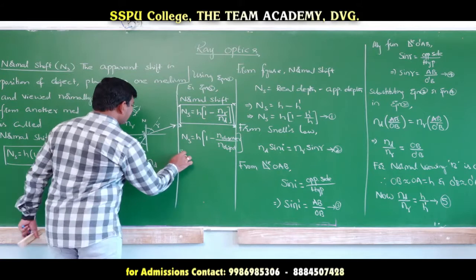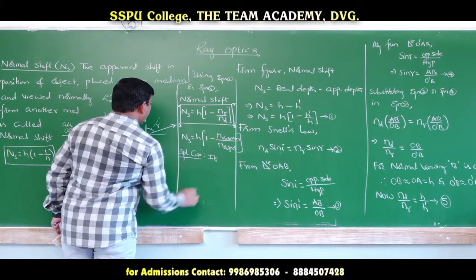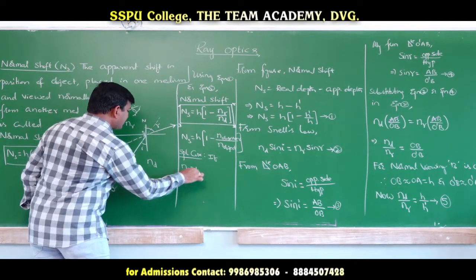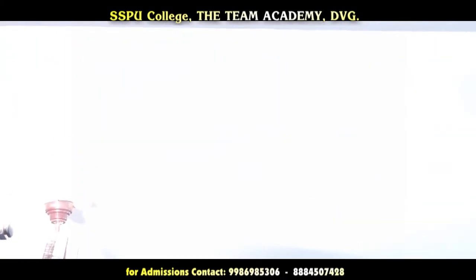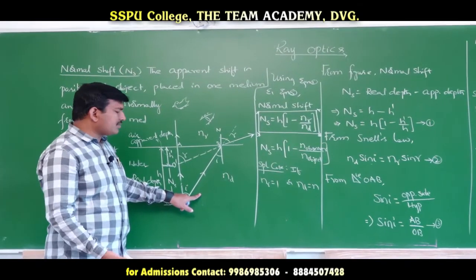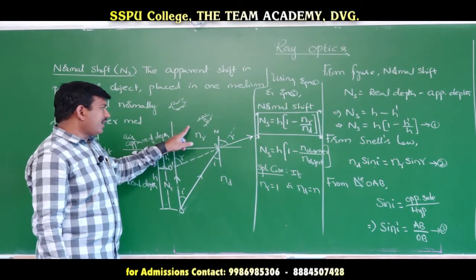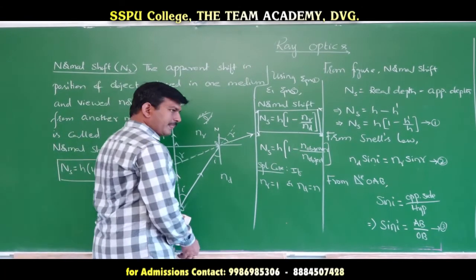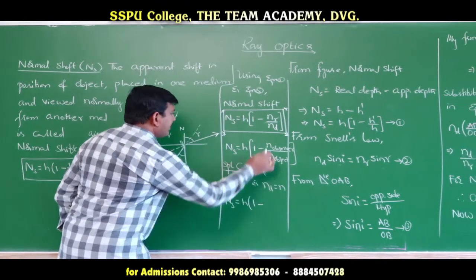Now, a special case. If Nr is equal to 1, that means Nr is the air medium and Nd is equal to N. That means if one of the media is air, the other medium is either glass or water or some other optical medium. But for the first medium, the observer medium, I am choosing the air medium. In such a case, normal shift Ns is equal to h into 1 minus Nr, that is,